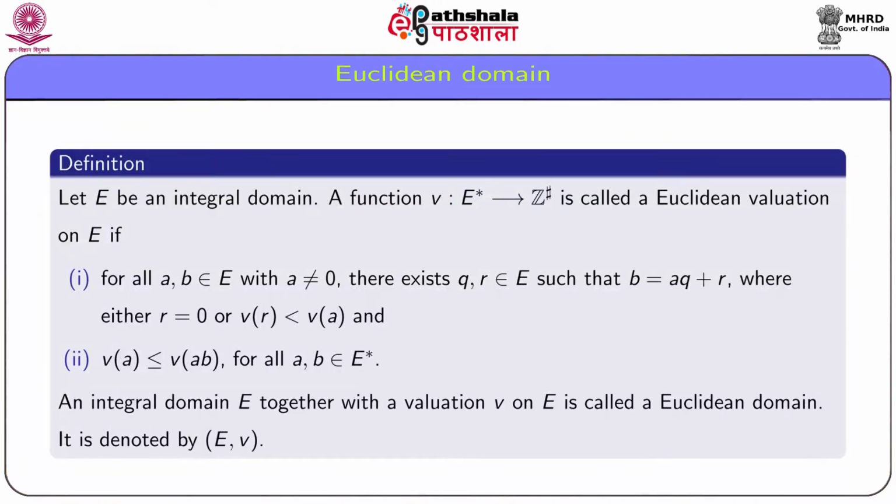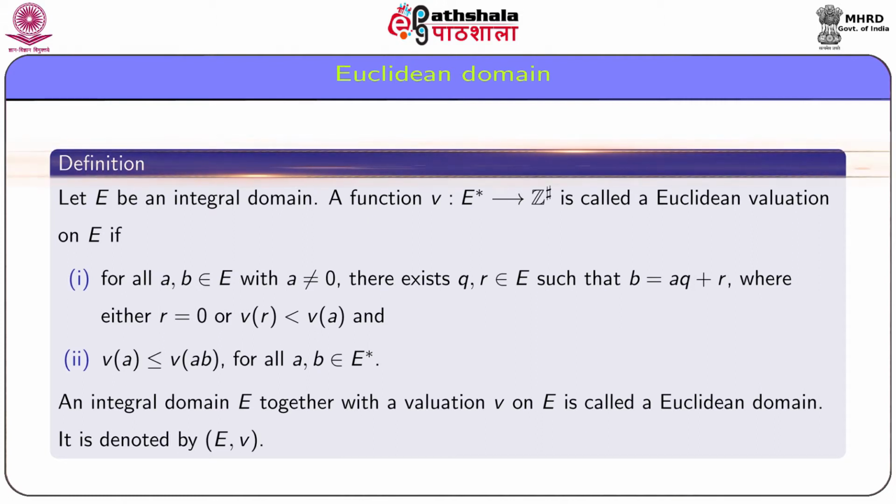First, we define Euclidean domain. Let E be an integral domain. A function v from E star to Z hash, where E star is the set of all non-zero elements of E and Z hash is the set of all non-negative integers, is said to be a Euclidean valuation on E if for all a, b in E with a non-zero we have two elements q, r in E such that b can be expressed as a q plus r, where either r equal to 0 or v(r) is less than v(a), and